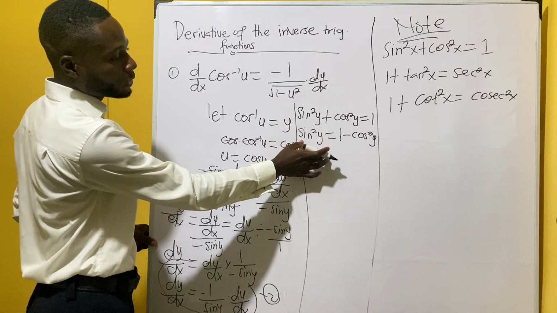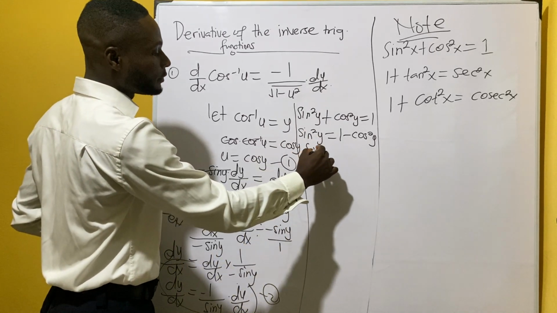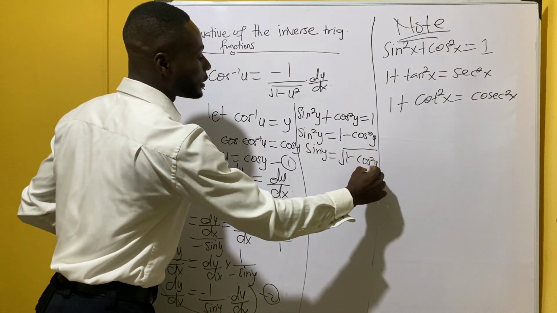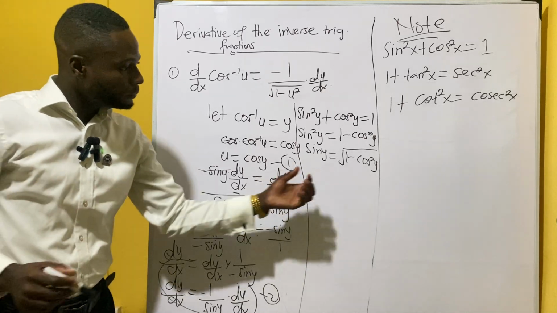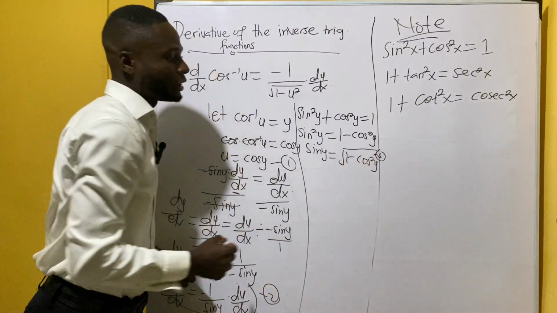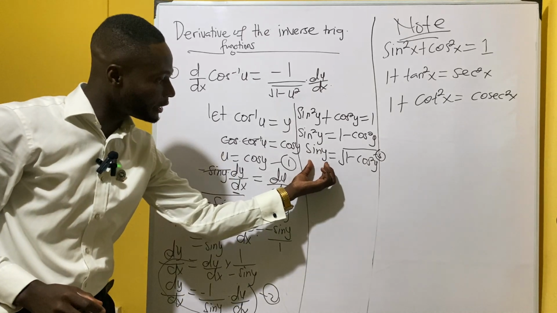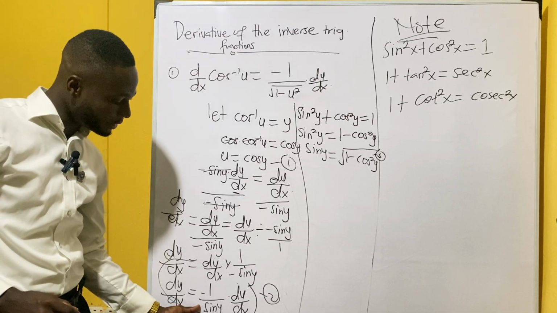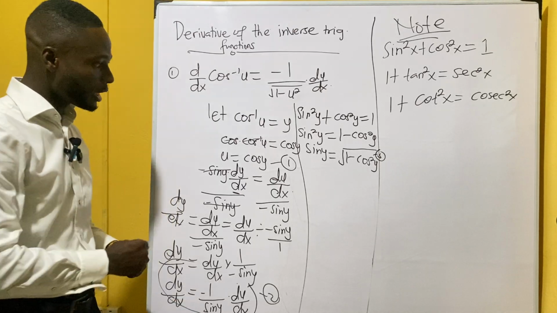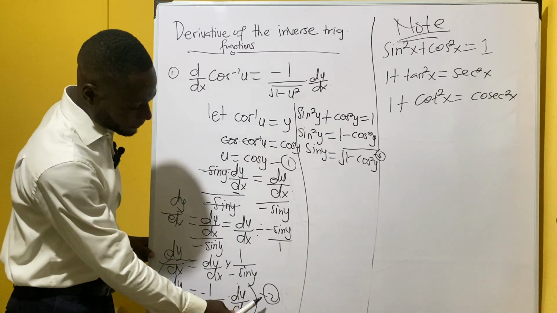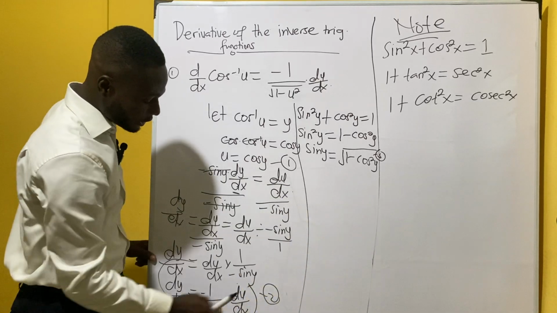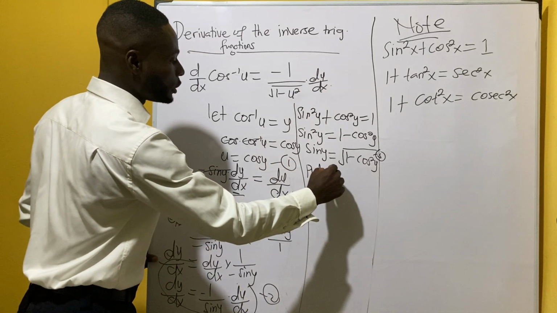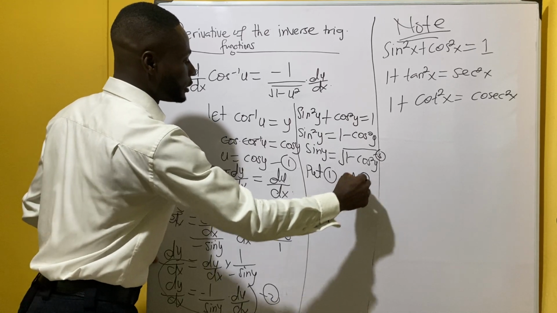right? So take the square root on both sides, and we have sine y should be equal to the square root of 1 minus cos squared y. Now, let's name this equation 3, right? So we have sine here in terms of 1 minus cos squared, right? So we put that here in place of this, right? So now, when we put equation 1 and equation 3 into 2,